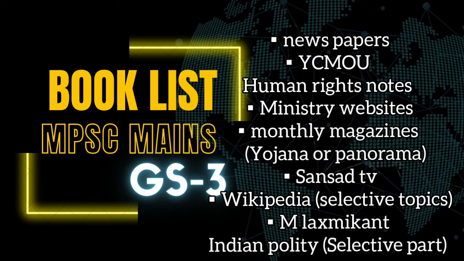Along with this, you have to read the newspapers. Like I said in every video, you have to go through newspapers, and apart from that, you have to read the YCMU's human rights notes. If possible, get the notes from online sources, xerox them as fast as possible, and read according to the portion's requirement. For coverage of the various institutes, Wikipedia is your biggest source, along with an internet connection and YouTube. All the other chapters we will be covering on this channel also, so please make sure you are subscribed. And along with this, please watch the debates of Rajya Sabha TV.